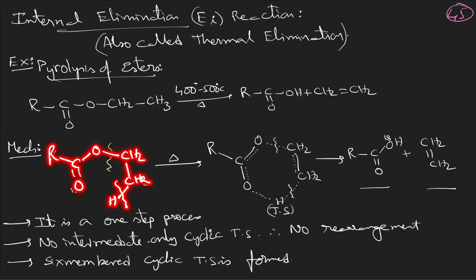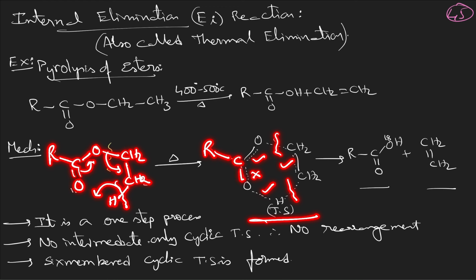When you are breaking this bond, these bonded electrons try to shift here, and these bonded electrons will try to shift here, and that results in the formation of the transition state. And after formation of transition state, these two bonds will completely break. This bond will be completely formed, this will be completely broken, this will be completely formed, and it results in the formation of a